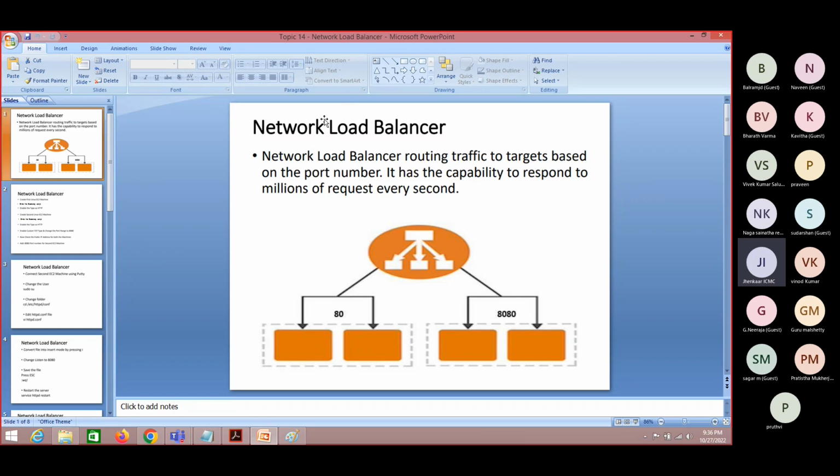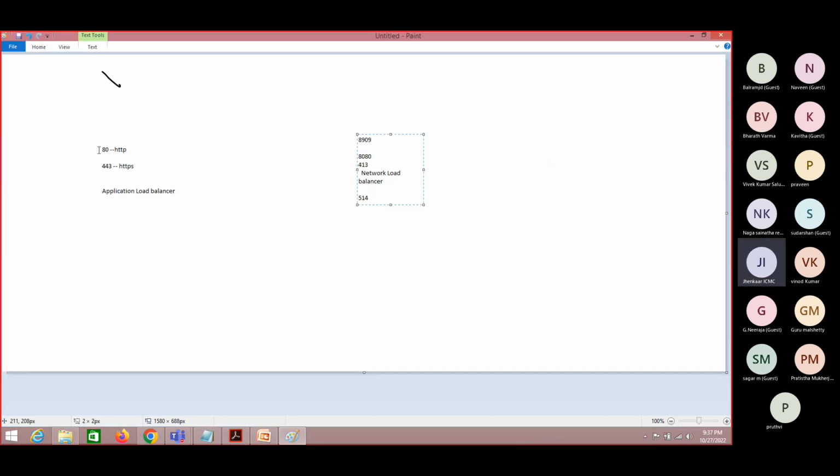Now, the network load balancer, as I mentioned, routes the traffic based on the ports. If your application is sending logs via port 8080, which is not a standard, just as an example, you can change it to 8191 or whatever port you need. So the network load balancer supports applications running on different port numbers. This is the beauty of the network load balancer. In the application load balancer, we had a restriction to use 80 and 443, which means HTTP and HTTPS. But one benefit was we could customize the